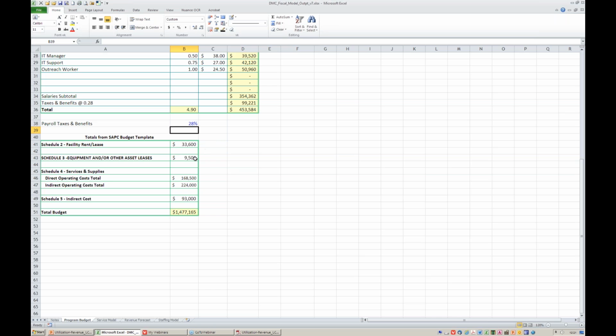Facility rent or lease, equipment or other asset leases, your copier, your van, whatever. Direct and indirect operating costs, however those are determined. Again, this is just to make it a little simpler for folks to pull a number out of the SAPSI budget template. And then lastly, your indirect costs. And then the total of all these categories